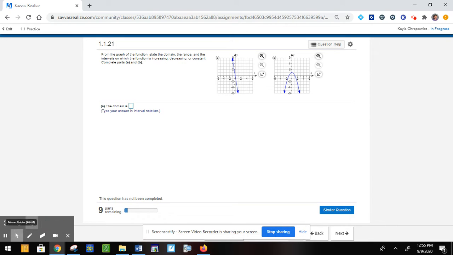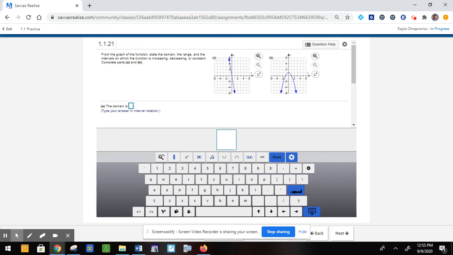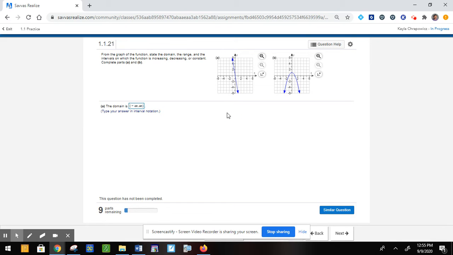How do we input all real numbers? Well, the answer is asking for interval notation. When it's interval notation and it's all real numbers going forever in both directions, it'll be negative infinity on the left and then positive infinity on the right. That's how you input a domain or a range of all real numbers in interval notation. It's negative infinity on one side, and then